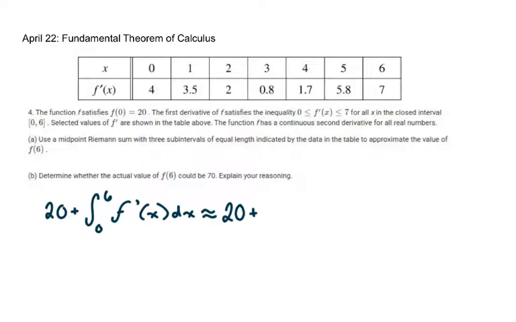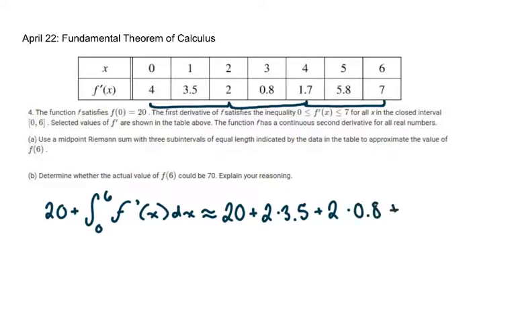And then using the midpoints in our 3 subintervals in this table, here's 0 to 2 with the middle point of 1. I think a better illustration would be from the center. And then 2 to 4 with the midpoint at 3, and then 4 to 6 like this. So each rectangle is 2 units long, and then the first one has a height of 3.5 using the midpoint. The next is 2 units from 2 to 4 with a midpoint height of 0.8, and the last is again